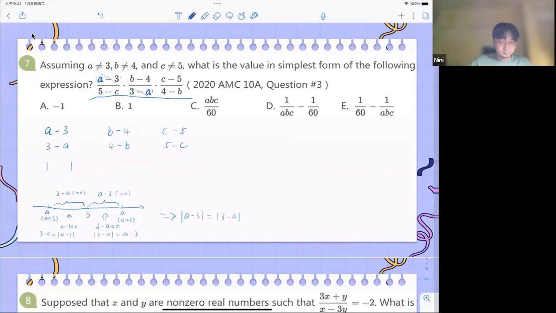But if, because there is no absolute value symbol here. So what we can check here is that on this graph, you will notice that A minus 3 and 3 minus A are actually the same thing. The only difference is one is positive, another one must be negative. So what we can do for here is